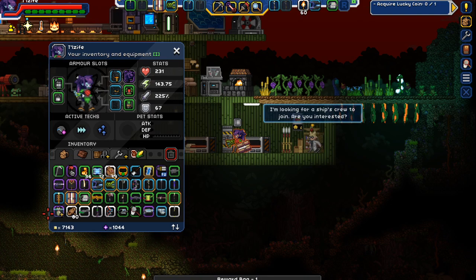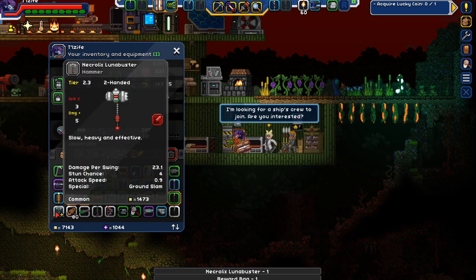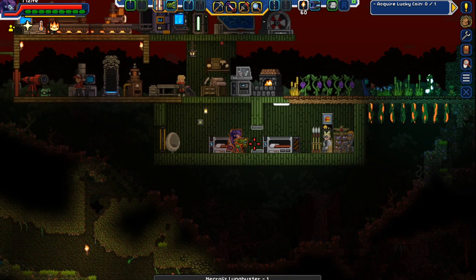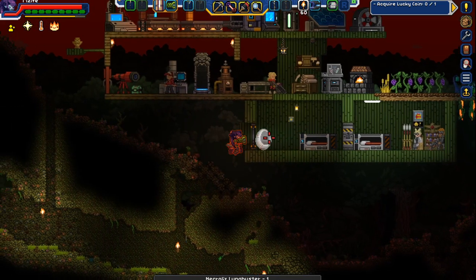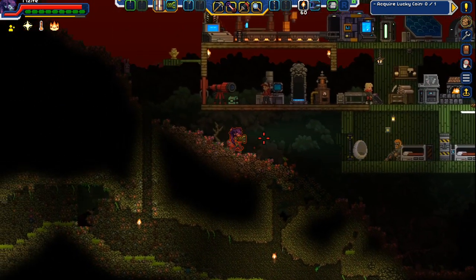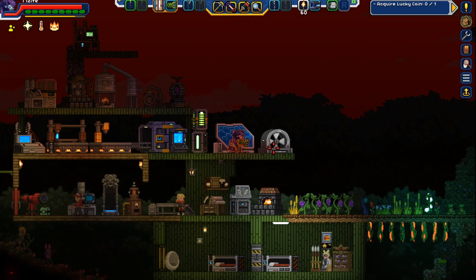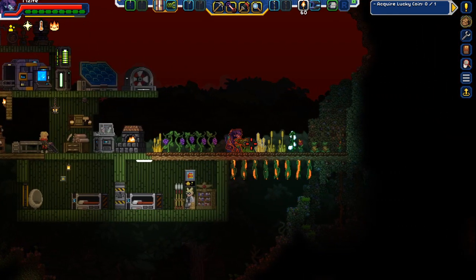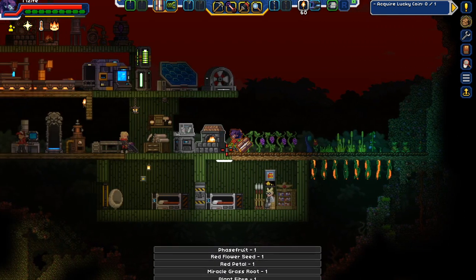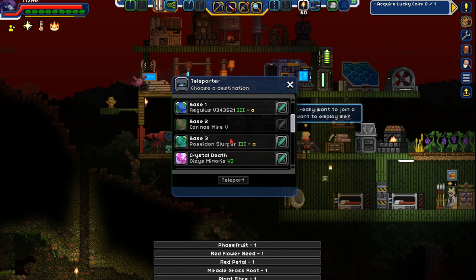And with that, I get a weapon. A meh weapon. Let's just break that. Okay. That works, apparently. Anyways. Could just take some more miracle grass. Phase fruit. Then...